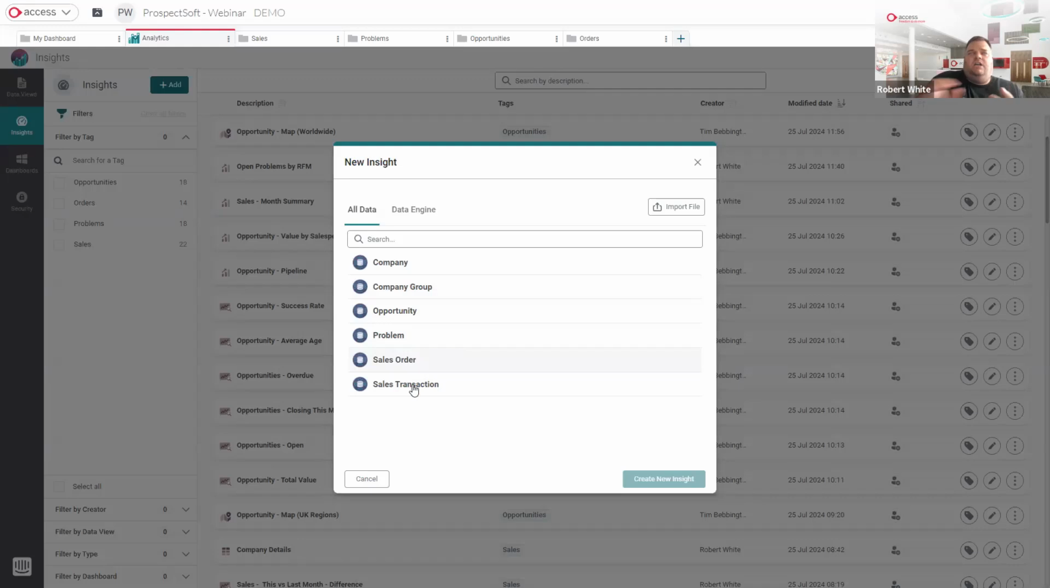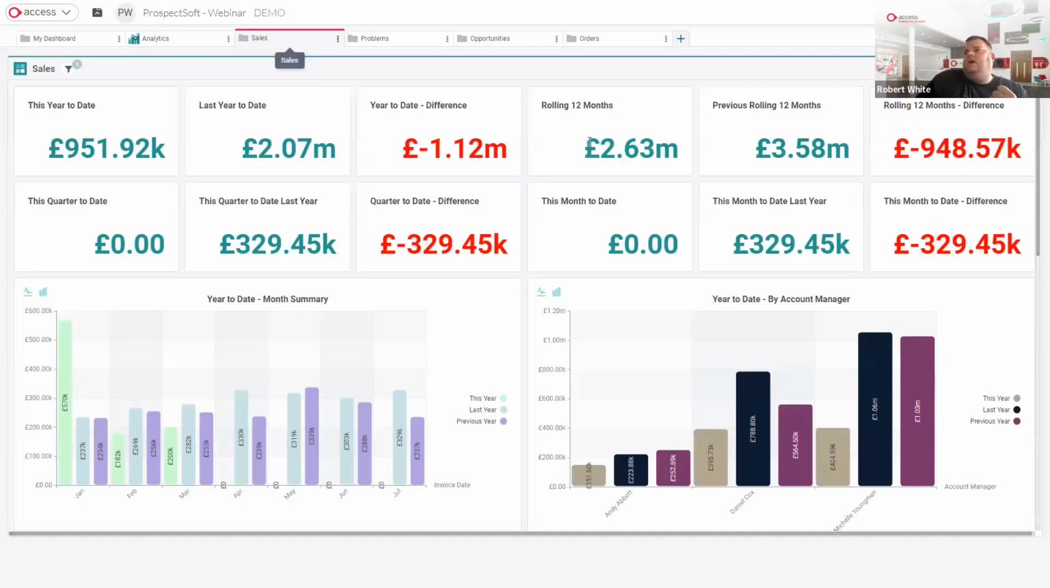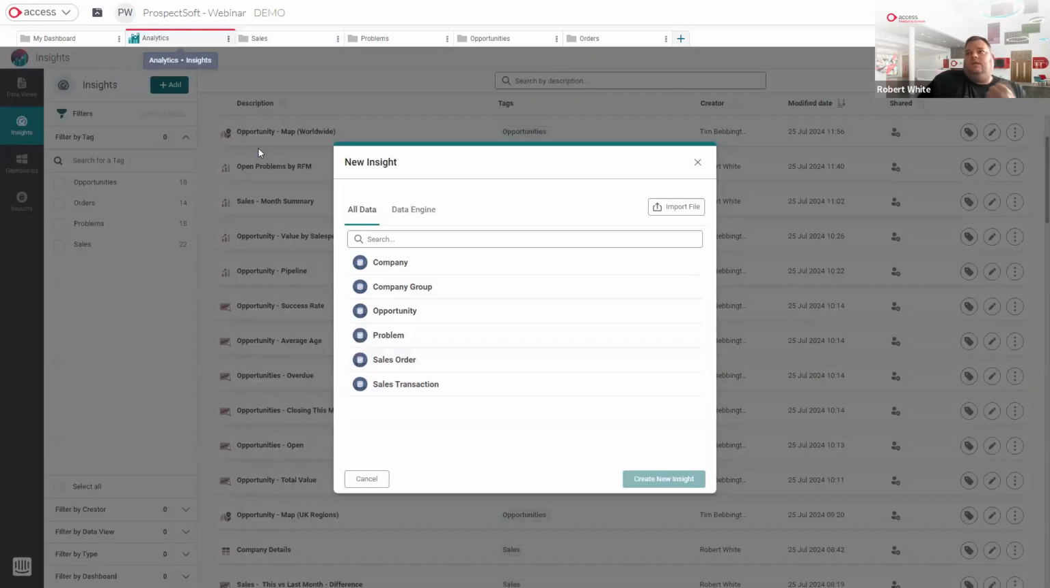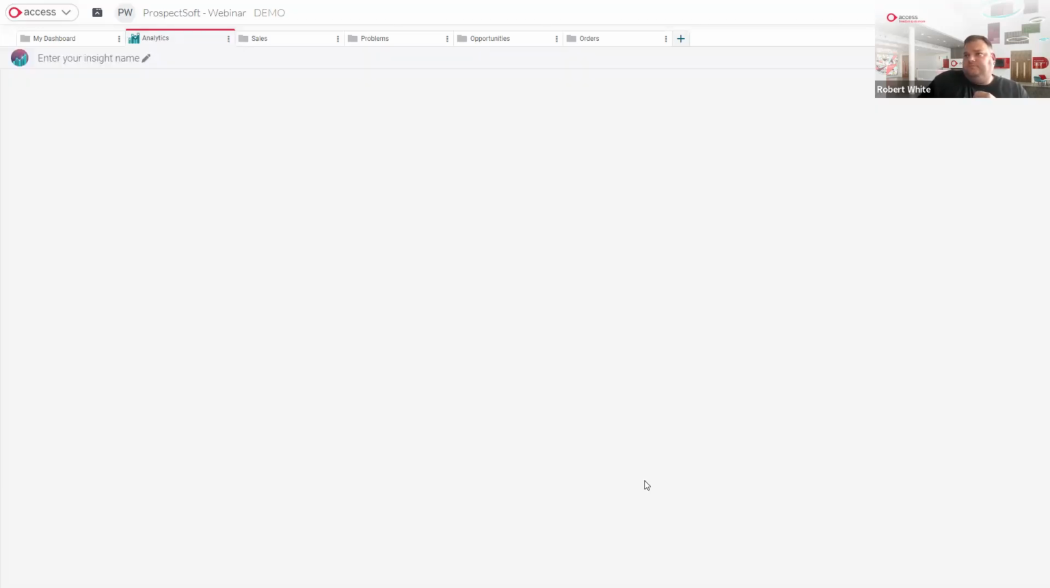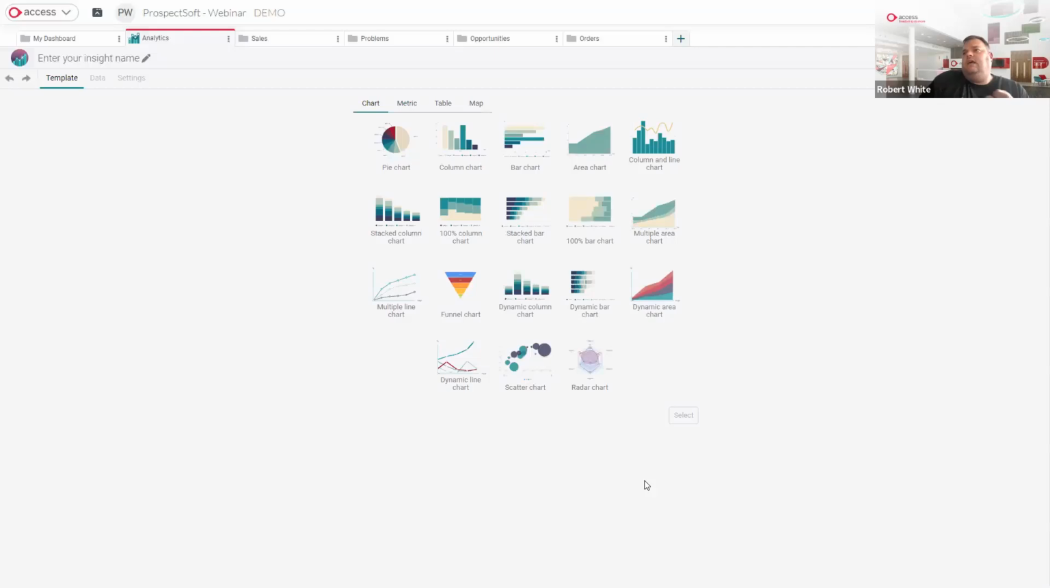So if I just imagine for the moment, I'm going to make a small change to the sales dashboard. Rather than this month last year, I actually want it to be last month. I want to see how I'm doing month on month. So I'm just going to knock up a quick insight to show me last month's figures. So I'll go in sales transactions, create a new insight,